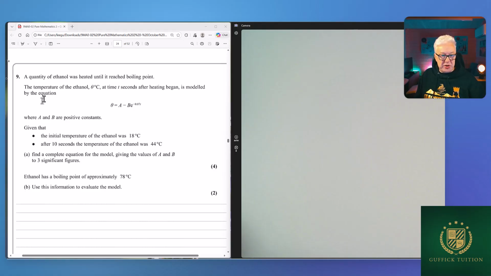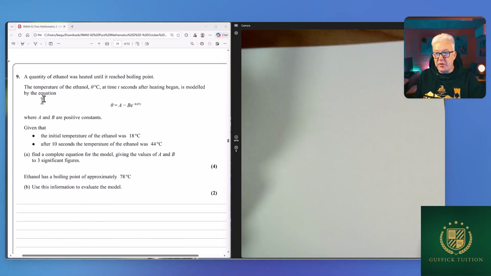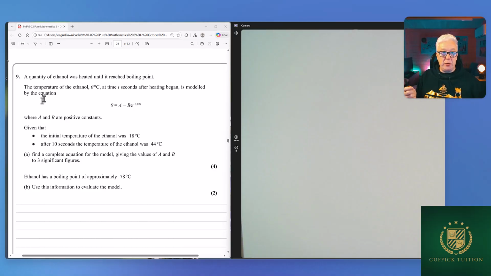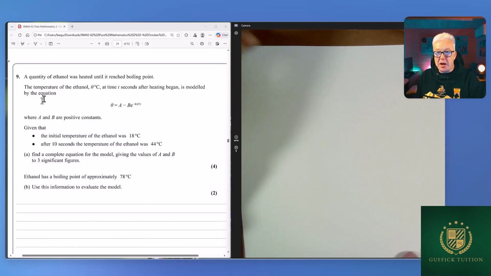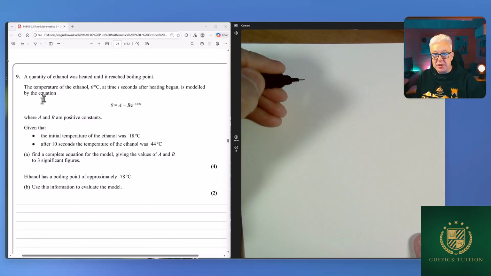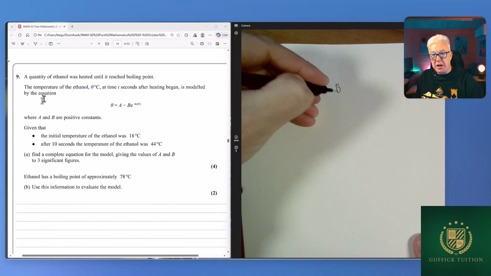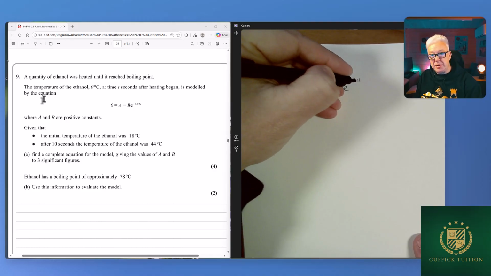Given that the initial temperature of the ethanol is 18 degrees C, and that after 10 seconds the temperature of the ethanol was 44 degrees C, find a complete equation for the model giving the values of A and B to three significant figures. So this kind of question where we've got two constants to find and we've got two initial pieces of information, in other words two boundary conditions, means we need to sub those in and generate a pair of simultaneous equations. So our equation is theta is equal to A minus B e to the minus 0.07